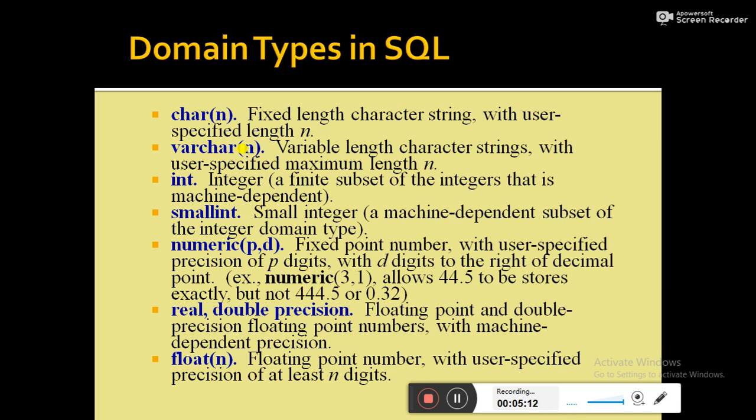Now, what is the difference between char(n) and varchar(n)? Both are able to store character type strings, but the difference is this. Take an example where we specify 30 in place of n, so char(30) and varchar(30). Suppose in char(30) we want to store NIT. What happens in the case of char(n)? Only 3 characters will be occupied, and each character takes 1 byte, so in total it should take 3 bytes,